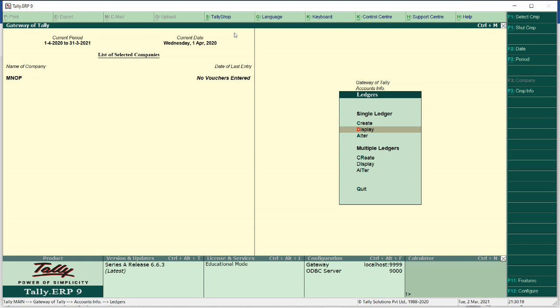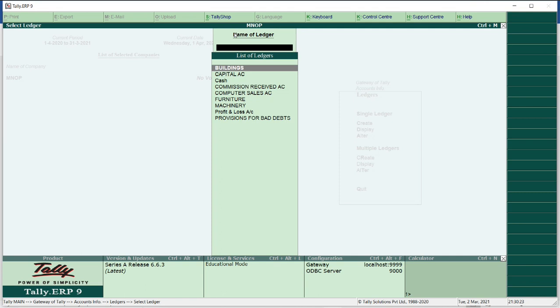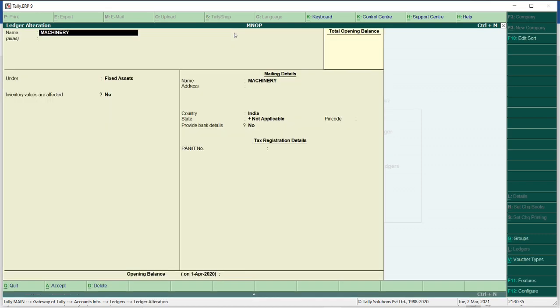If you want to make alteration or if you want to delete a particular ledger, go to that particular ledger. Now I'm going to make alteration on the machinery account. Okay, so now I'm giving machinery.